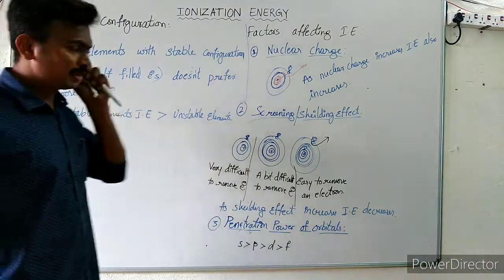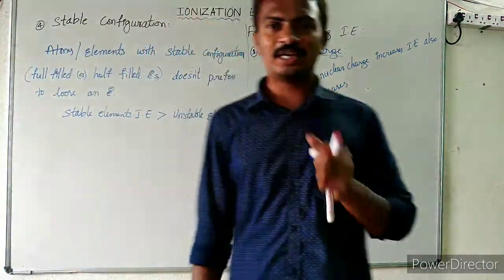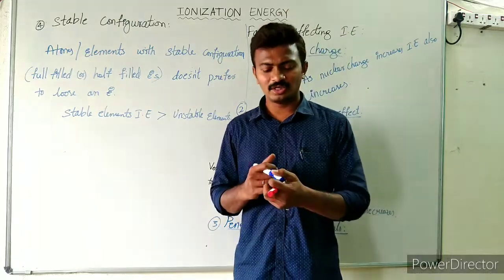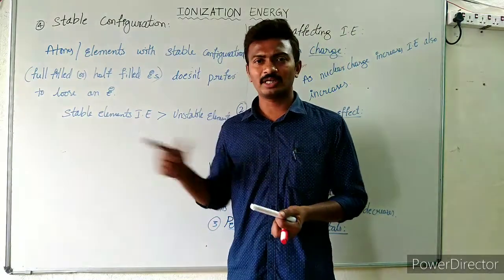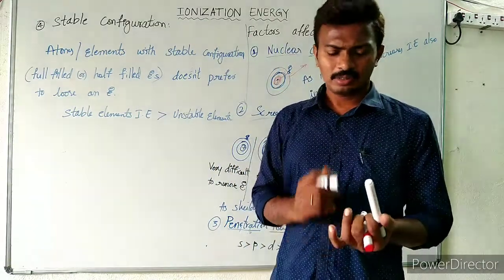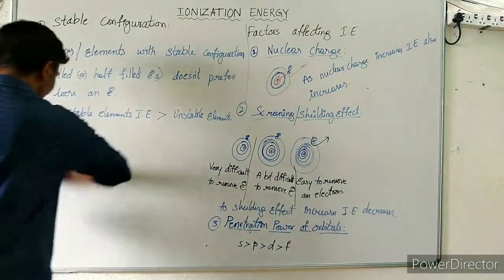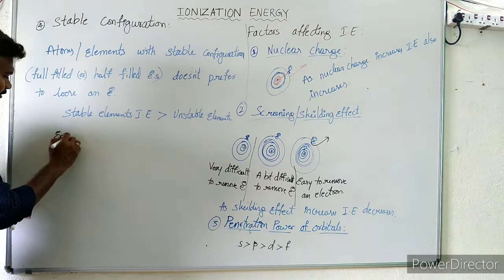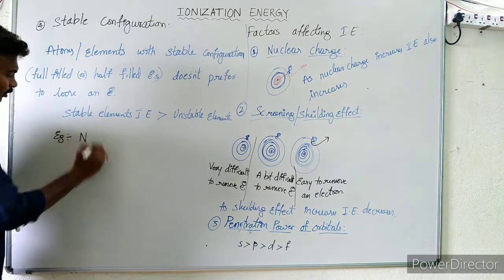Right. So we will be discussing the examples in detail while discussing the variation in the ionization energies in the groups and in the periods. We will take the example for the stable configuration and we will discuss. Otherwise, it's better to discuss here itself. An example is nitrogen